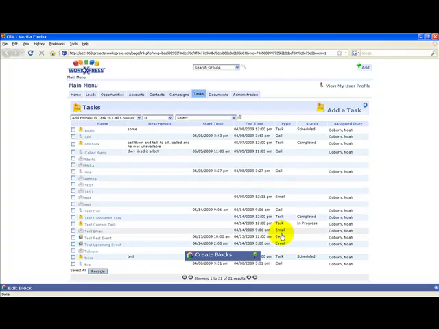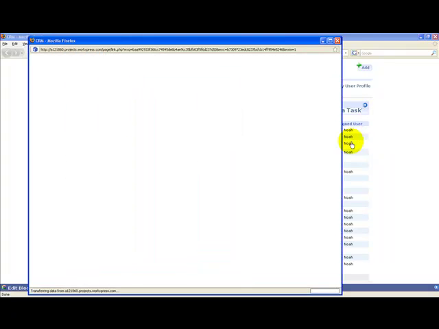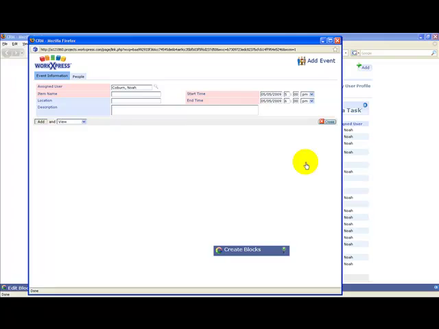You can see the type is here. And then finally he has some indication of setting up events. So for example, if I wanted to add a task, I'd come over here and Noah set up each of the 4 types of tasks that he felt were important in this introductory CRM tool right here. So if I wanted to add an event, I'd click that link and it would pop that up on my